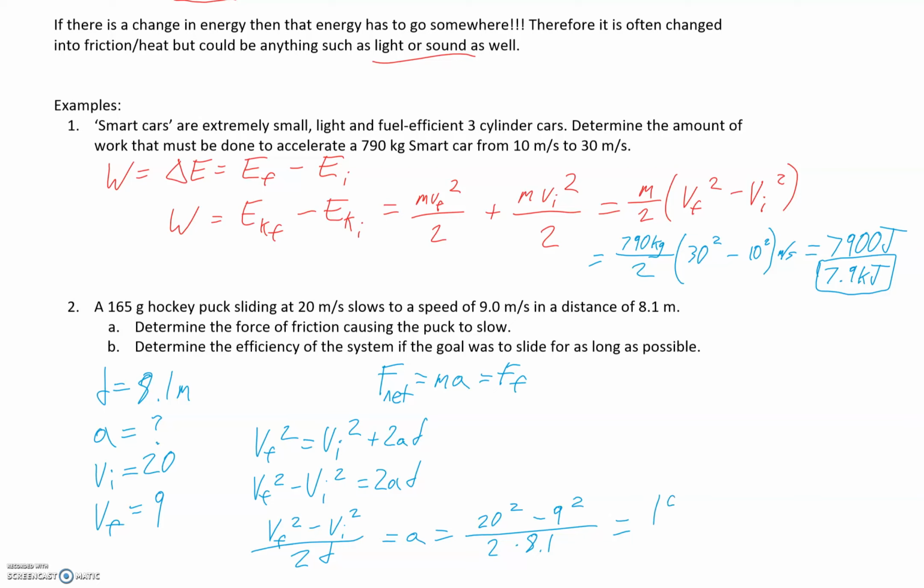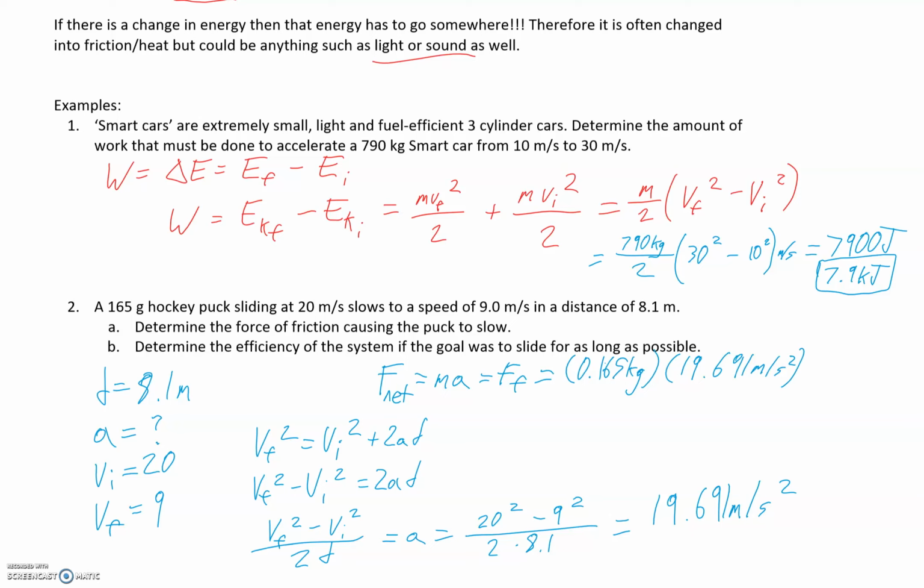This gives us the acceleration of the hockey puck. And obviously it's deaccelerating with this. But yeah, there we have it. So if we are looking for the force of friction, then this is just ma, which is mass, which is 165 grams. Actually, that would be 0.165 kilograms times the acceleration due to friction,